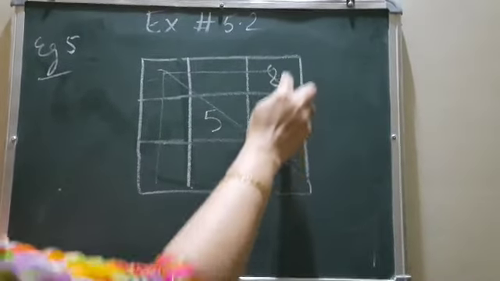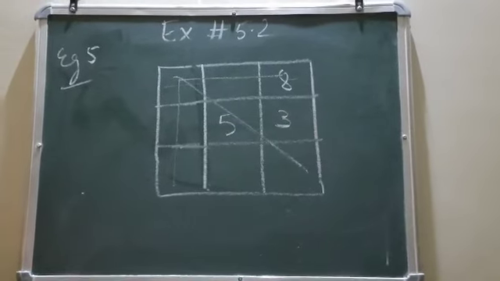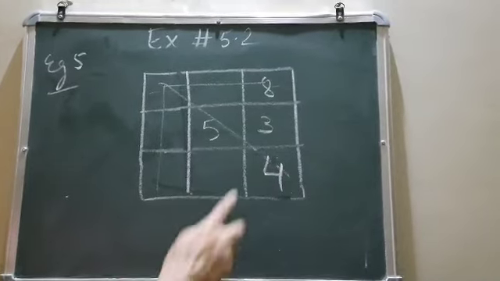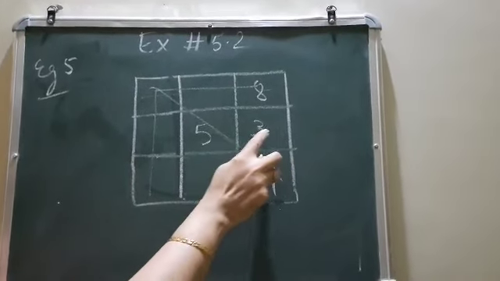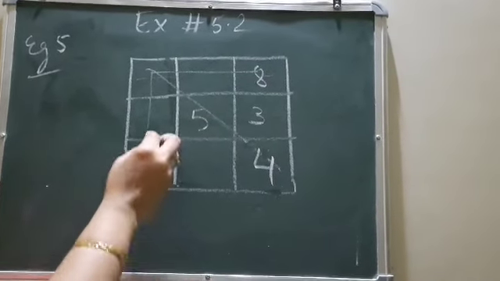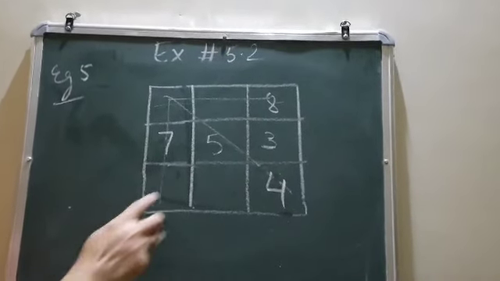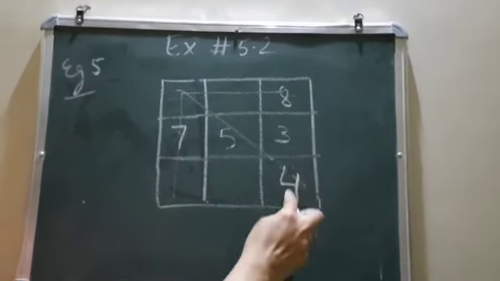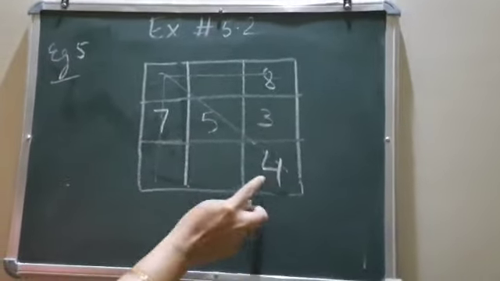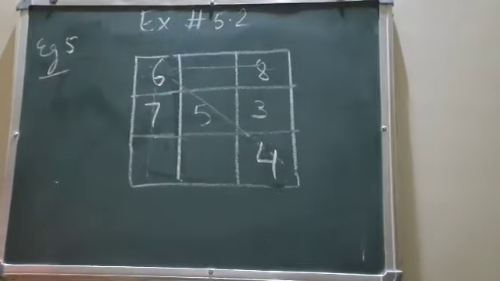Now, here 2 numbers are given, 8 plus 3, 11. So what will you add to 11 to get 15? You will get 4. So answer will be 4 here. Right? Now if you see this one, 3 plus 5, 8. 8 plus dash is 15. What is 8 plus dash? 7. So here it will be 7. Now we have got 1 column, 1 row. We can move diagonally now because 2 numbers are there. 4 plus 5, 9. 9 plus dash is 15. So it will be 6.